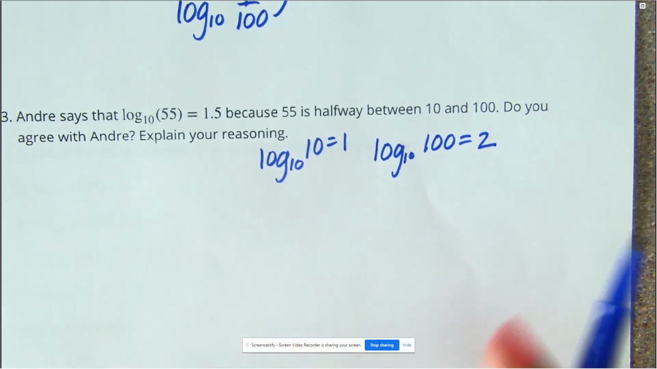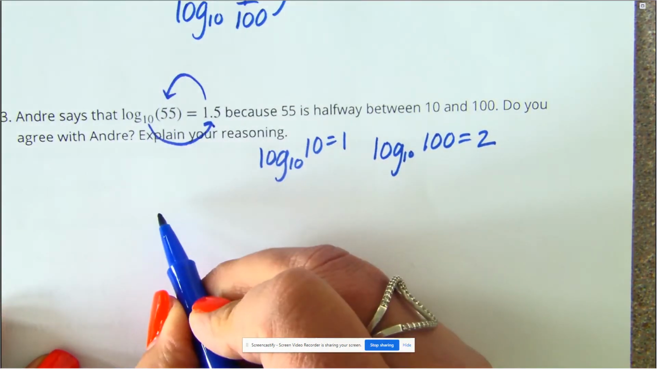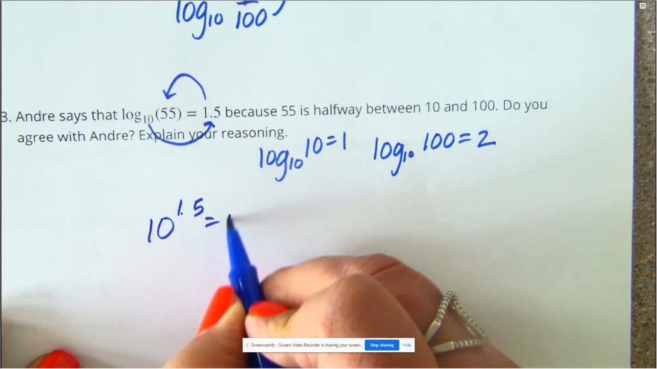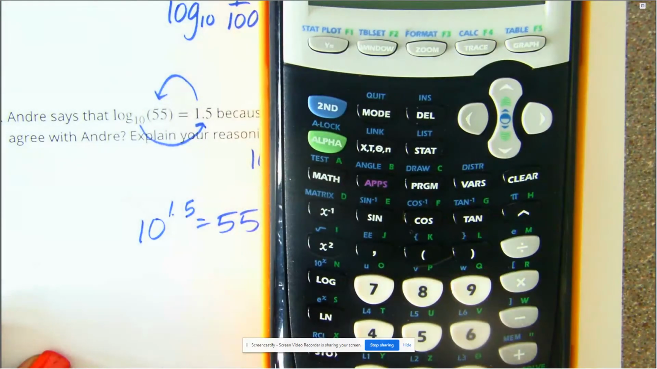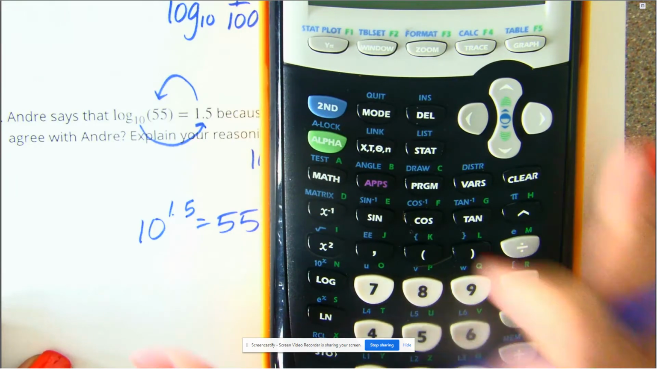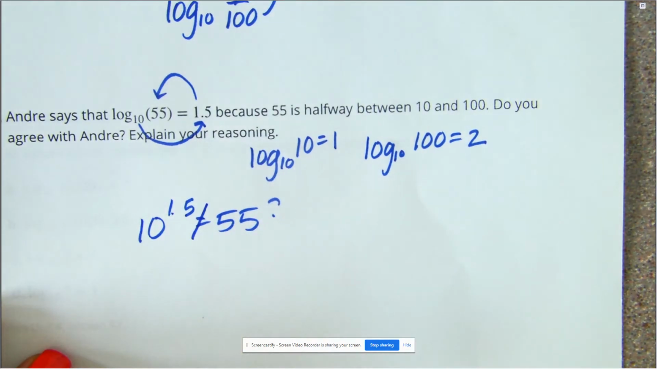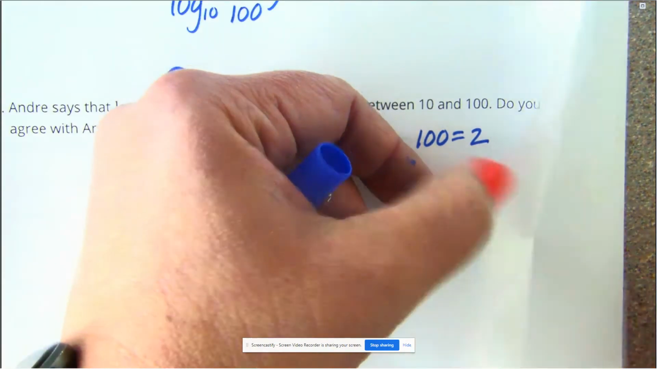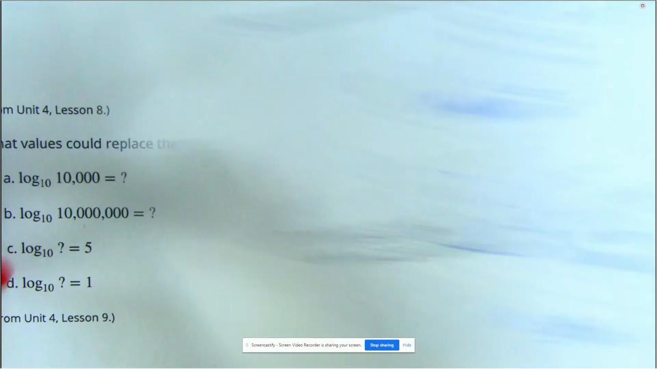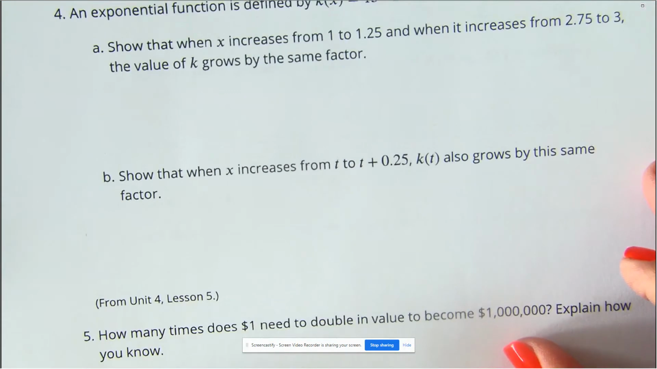And how could I double check? I could just check. Is 10 to the 1.5 power 55? Let's use our calculator and check. Is 10 to the 1.5 55? No. Oops, sorry. It's 31. It is not equal to 55. Okay. Number 4, I'm skipping. It was from a previous lesson, but I just didn't want to focus on that today,